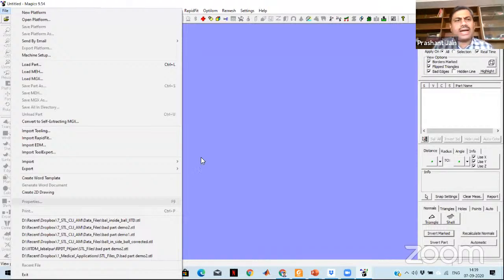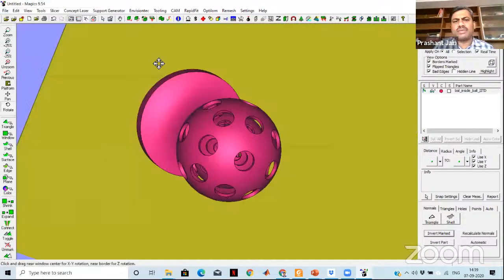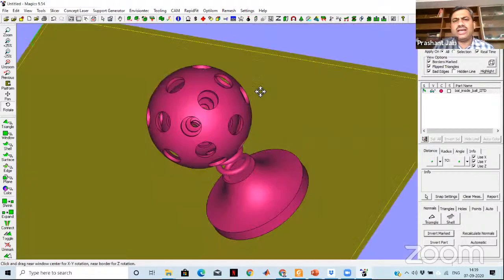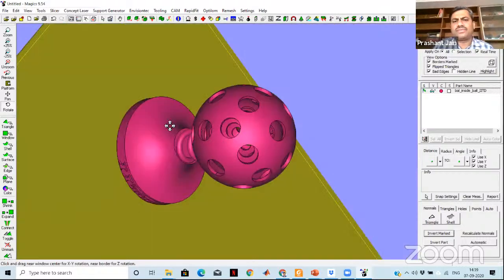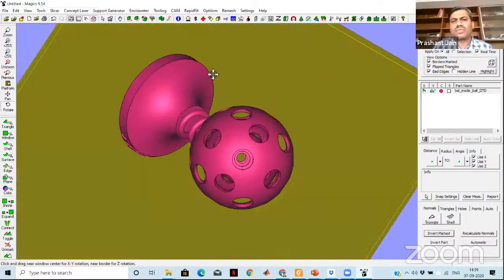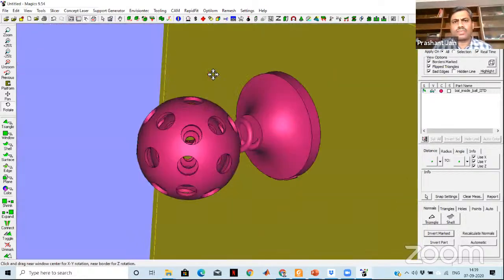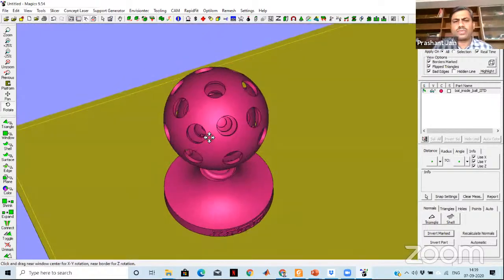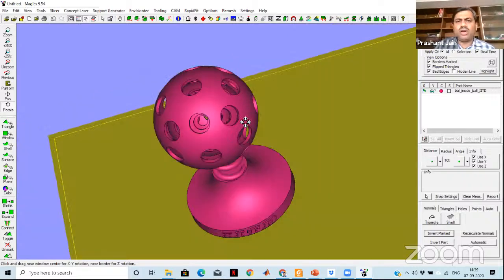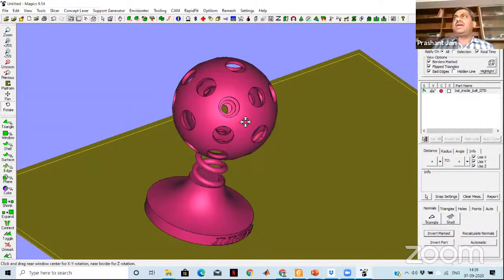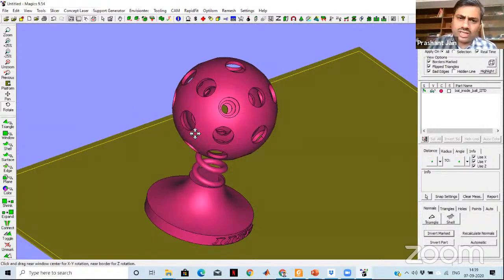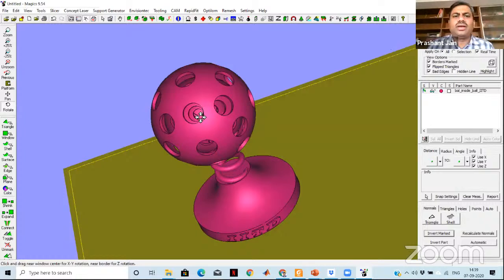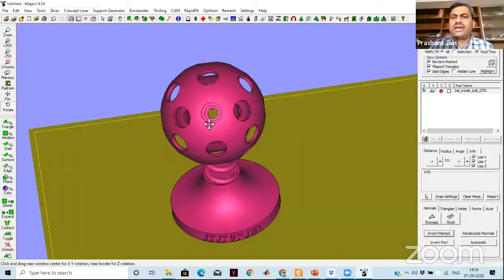Look at the part I was showing you on the screen, right? This is in the Magics software. This is the part we are going to fabricate, for example. You can see here there are 3 balls inside each other, right? These 3 balls are to be fabricated, which is possible only with the SLS process, so that without any joint, these moving 3 balls would be created, right?